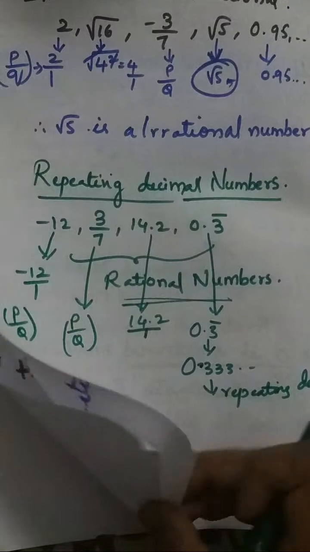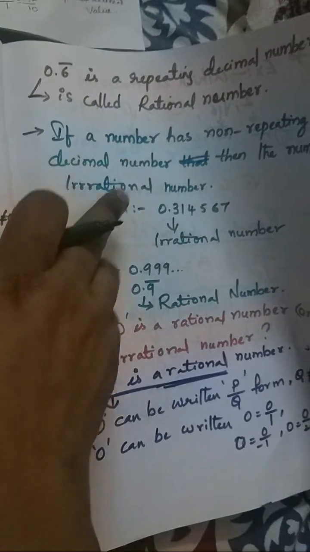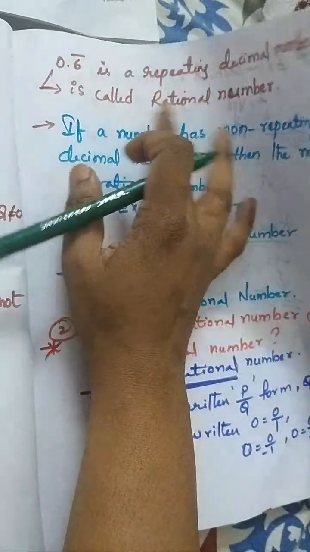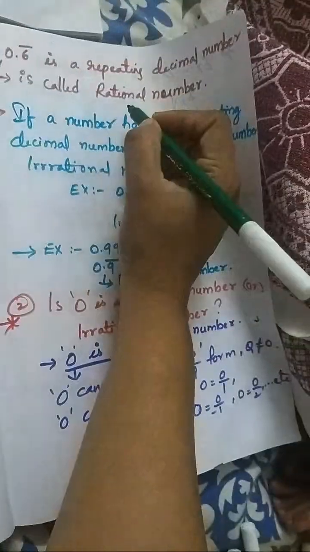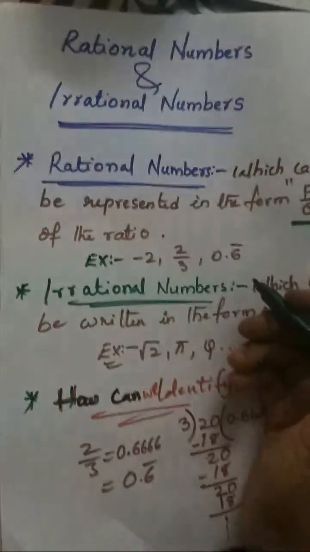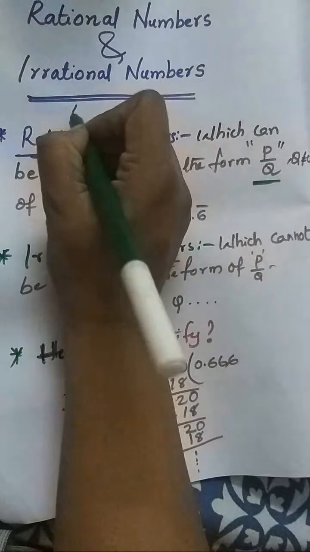Okay. Why we call 0 a rational number, and what are irrational numbers? Examples. Okay, what we call a rational number and an irrational number. Okay, this is a very important video on rational numbers and irrational numbers and